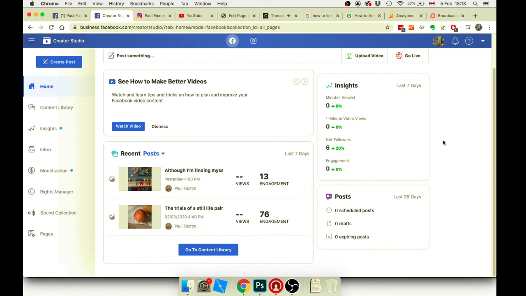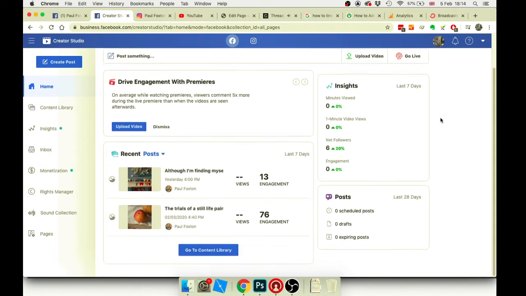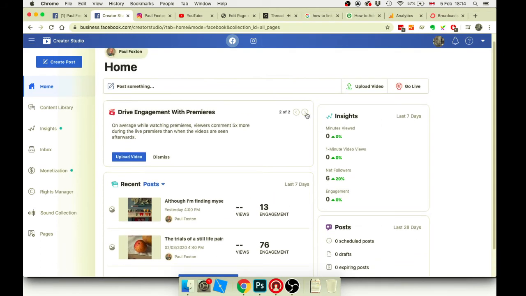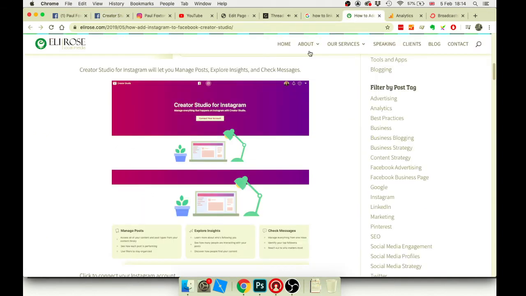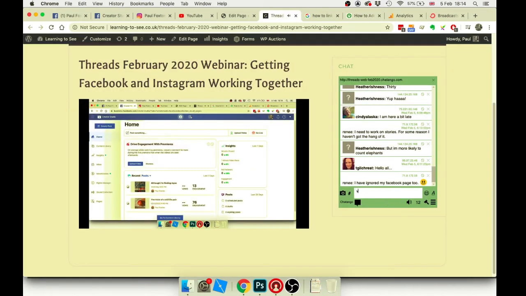Now the interesting thing is that there's some stats here, and actually my page has 6 more followers, which is quite nice. So you see up here you've got Facebook and then you've got Instagram. I'll go into the Instagram thing in a minute. Now what I'm going to do before I do anything else, once you've set up your page, you will just get this. But what you have to do is connect this Creator Studio to your Instagram account. Now, I found that to be extremely difficult and flaky, but I'm going to stick